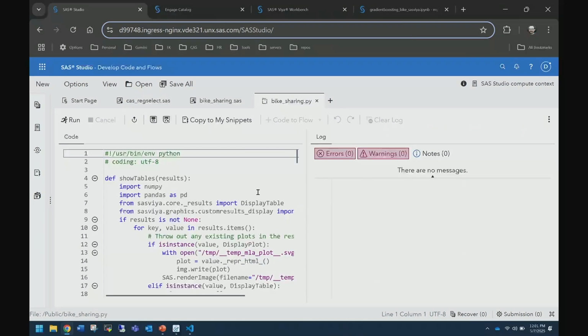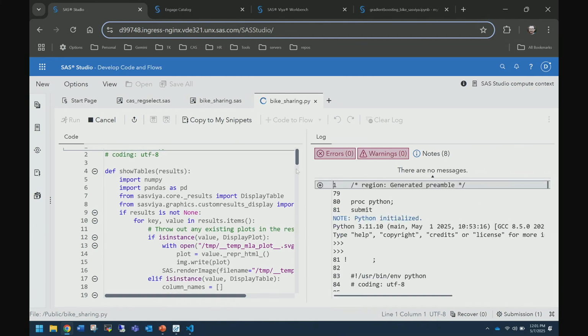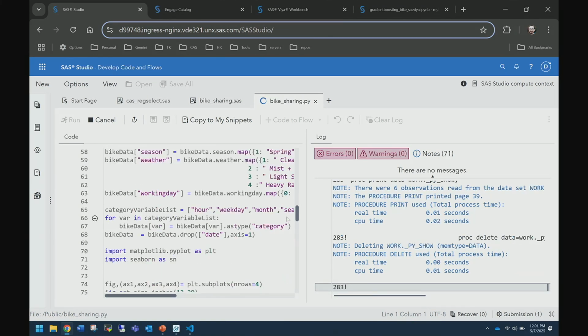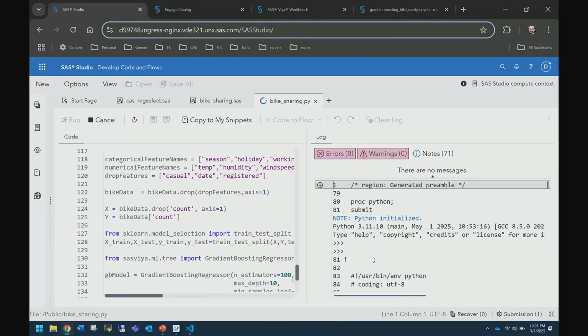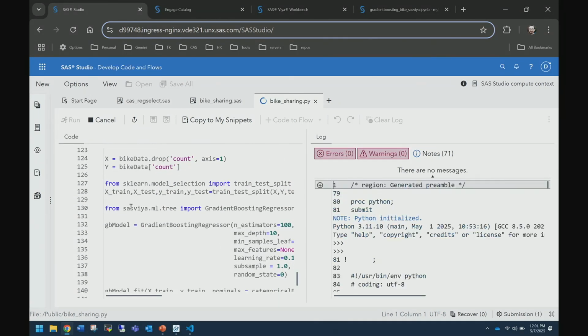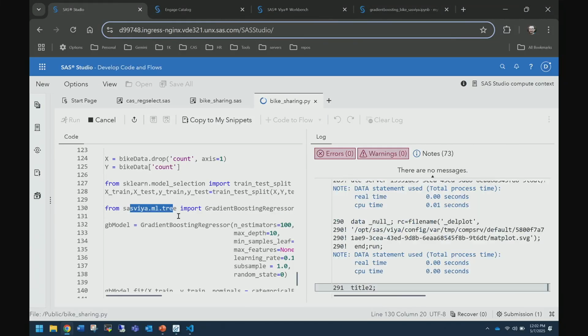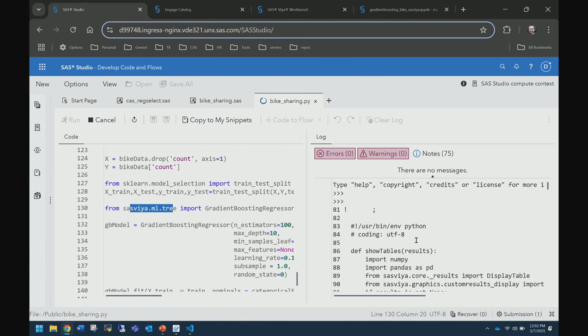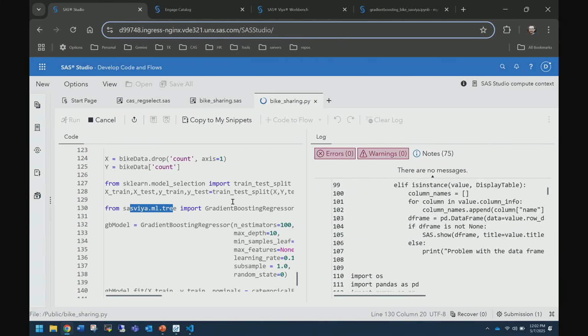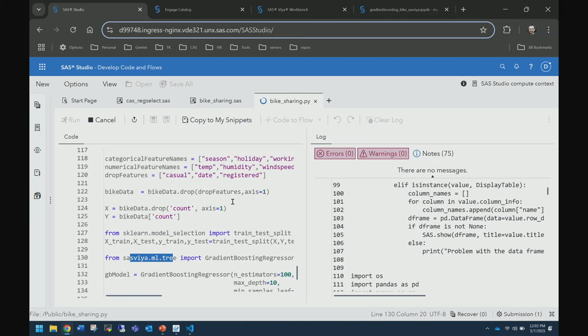Another example of something you can do is running in Python. So I took the example that we had in Workbench for Python, and I put it here into a SAS Studio Python program. And if we scroll down here, it's using the SAS VIA ML Python packages. And then when this runs, we would see the result that it can produce the same model that we were producing before.